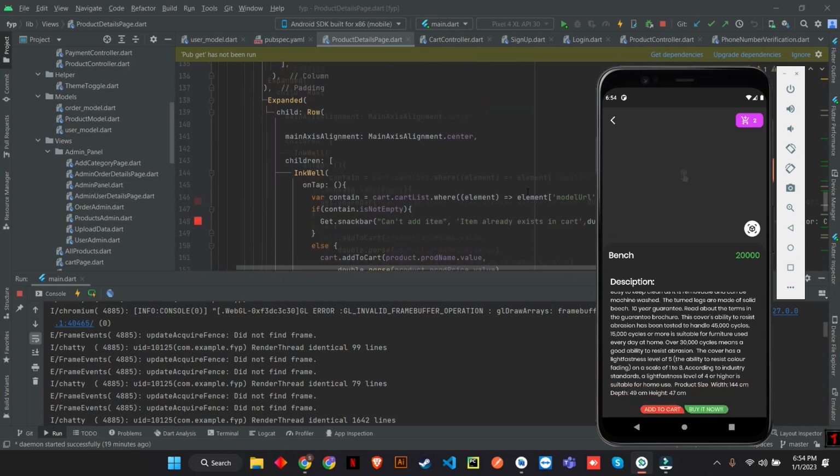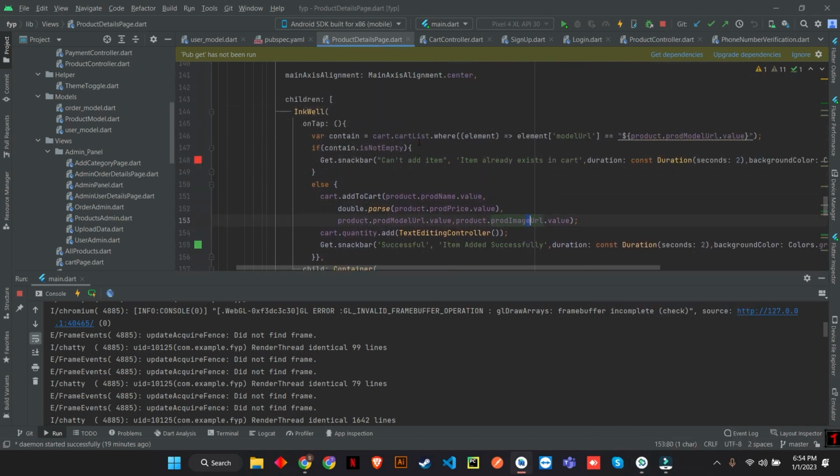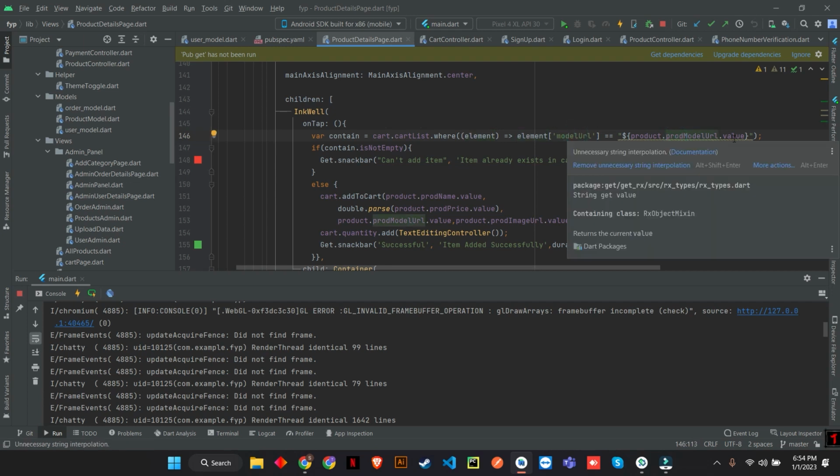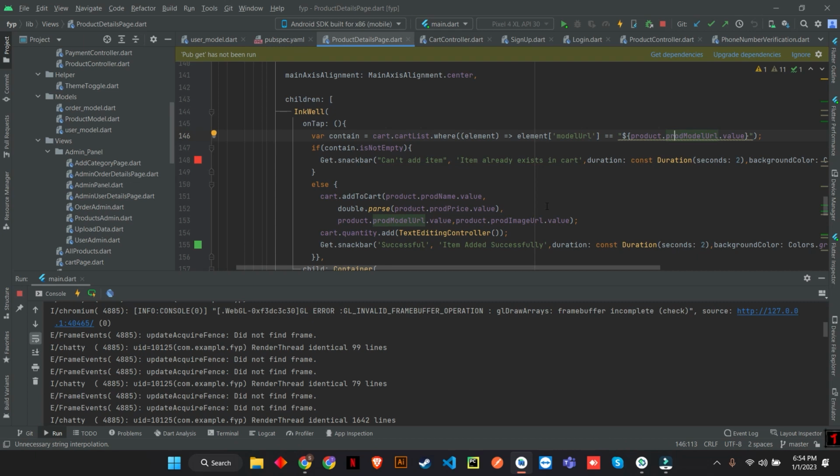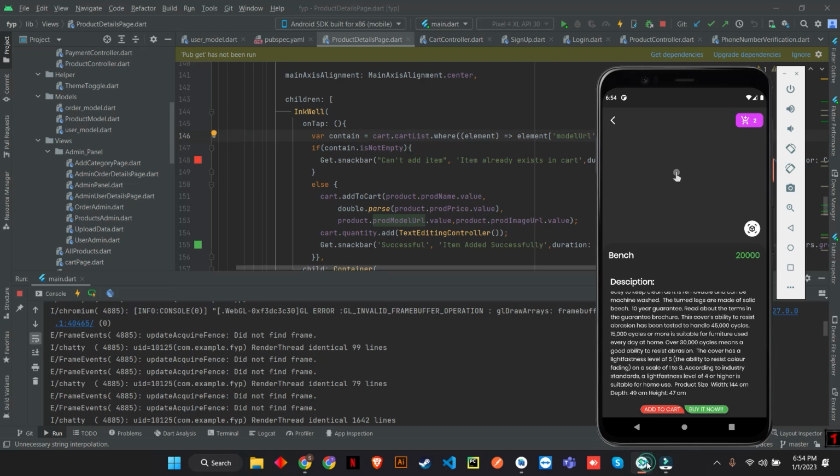So the logic behind that is, when I tap on add to cart, it will check the cart list, and if the cart list has the model URL, the model that the cart list has, the map type values, and if the model URL is equal to the product model URL that I just want to add, if in the whole cart list there is a model URL which is equal to this product which I am trying to add, it will give me an error. It will